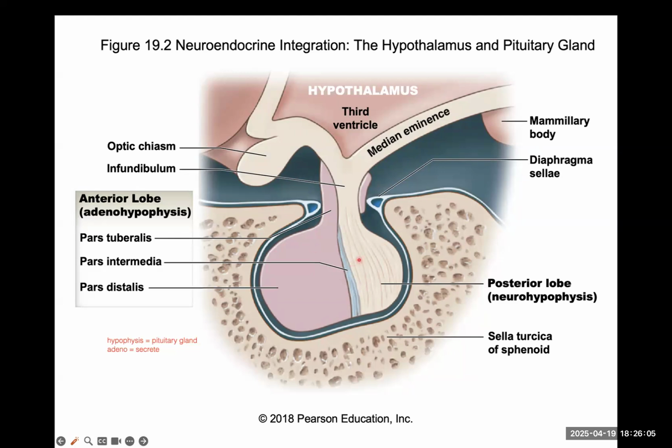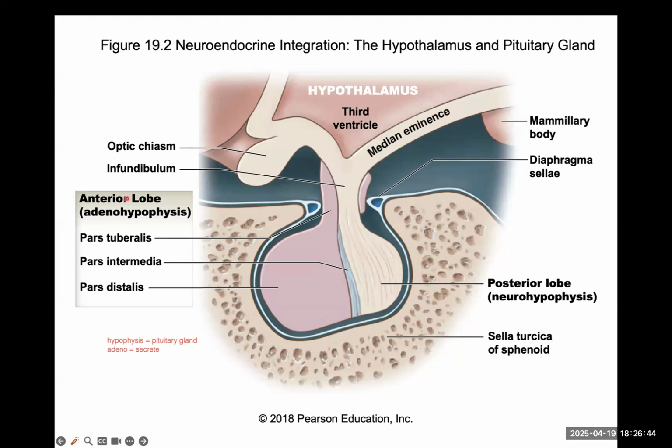On the other hand, the posterior lobe here is not controlled by the secretions. It's called the neurohypophysis, and the word neuro stands for the nervous system. So it's going to stand for the nerve cells in this case. It's called neurohypophysis because, although it's not shown here, the later image will show you that in the hypothalamus, you have these neuroendocrine cells. They're going to come down, and they're going to tell the posterior pituitary gland what to do. So it's going to be neuroendocrine cells that will control this part.